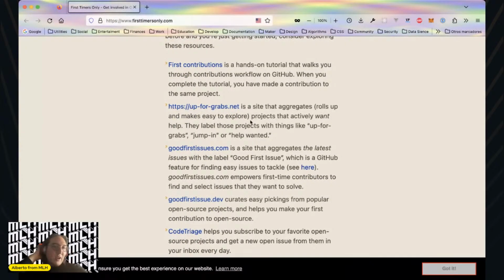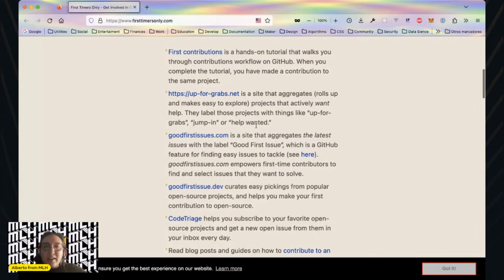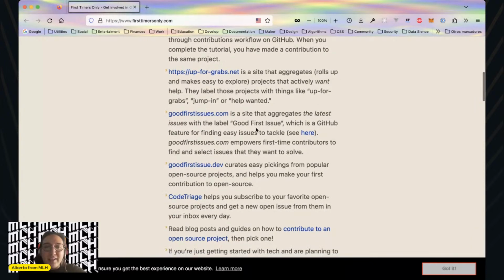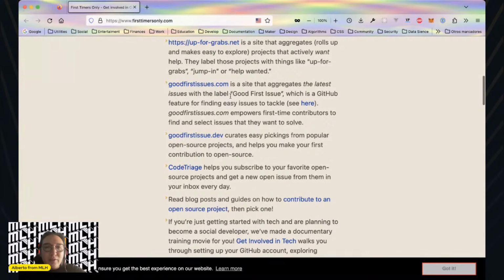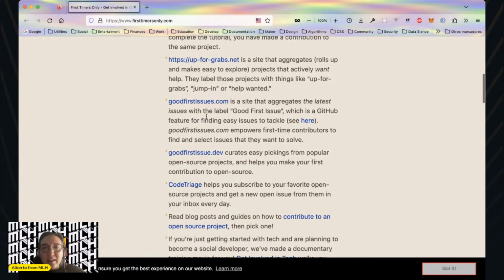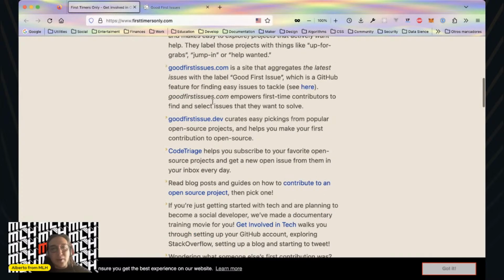Up For Grabs is a site that aggregates projects and makes it easy to explore projects that actually want help. GoodFirstIssues.com is a site that aggregates the latest issues labeled Good First Issue. I actually recommend this a lot because it is very useful to find not only good first issues but the latest ones, right?